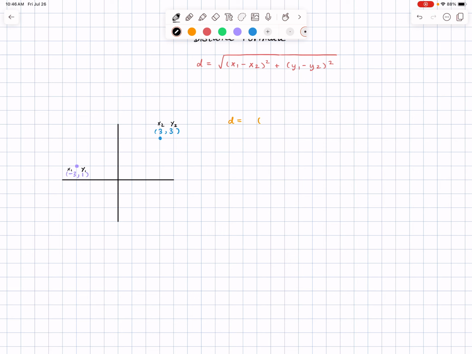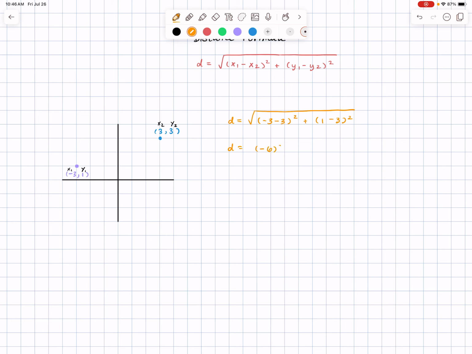Okay, so we have -3 minus 3, squared, plus y1, which is 1, minus 3, squared, and then square root this whole thing. Then simplify, so we have distance equals the square root of -3 minus 3,